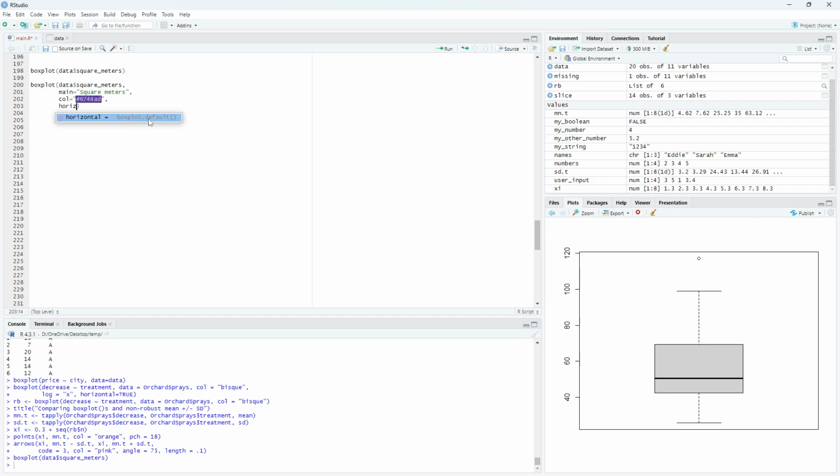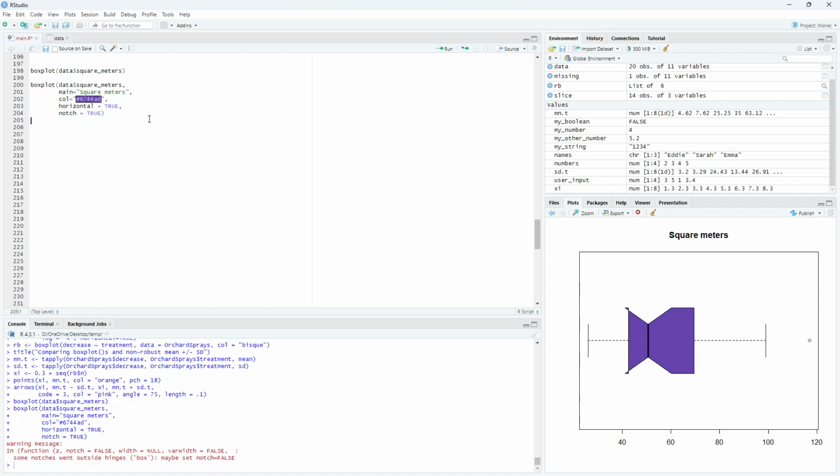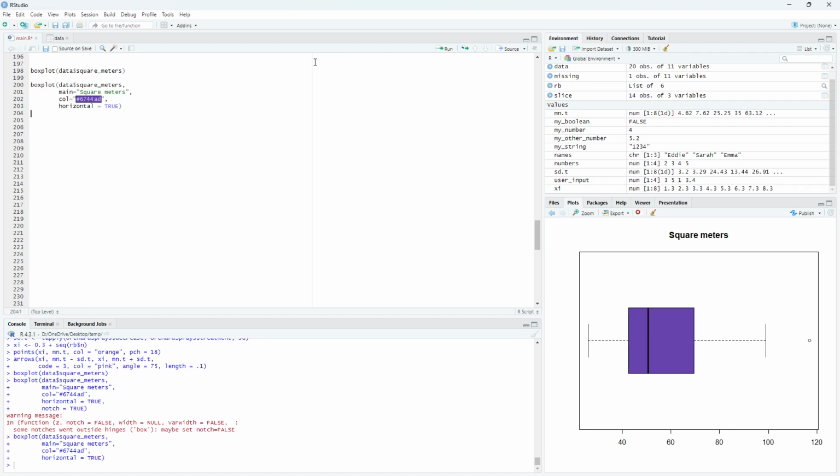And we can make it horizontal, and we can make a notch, like so. And what we get then is this notch here. Well, that was no success, so we just remove that. And we have a box plot here. The good thing about box plots is that you can find these outliers here, and also that you can stack